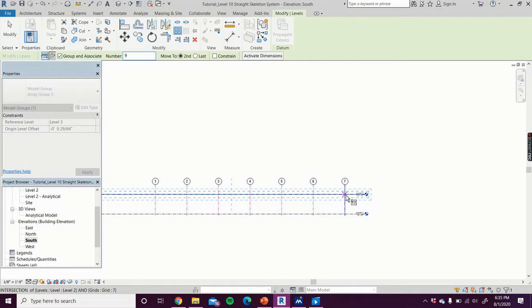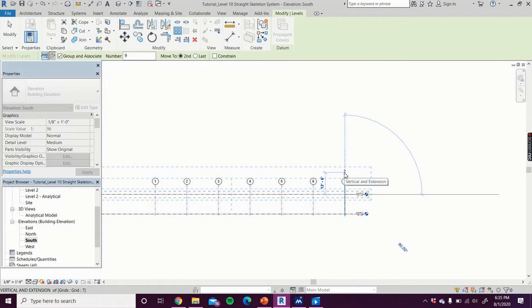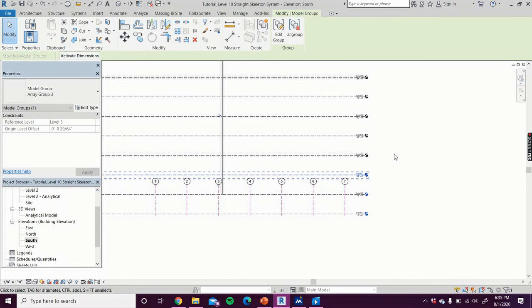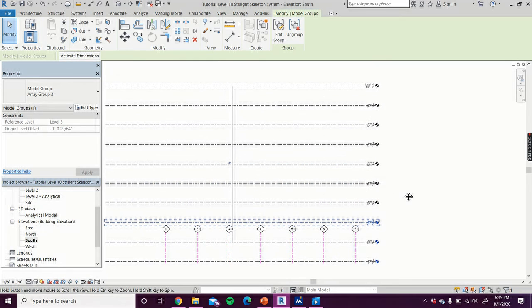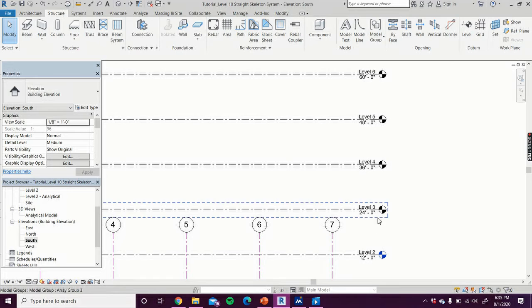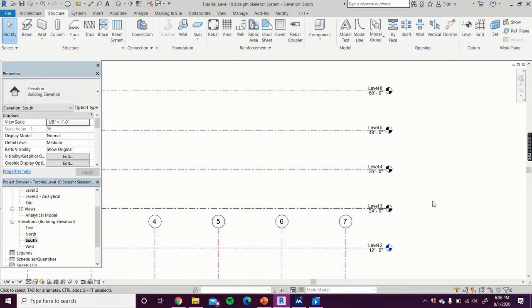I'm going to click anywhere, maybe at this grid line. I want 12 feet. Click enter, and just like that, I now have all of these floors right here, ready to go, and it automatically labels them level 3, 4, 5, has all of the dimensions and elevations right there,